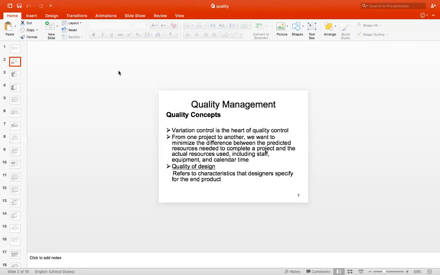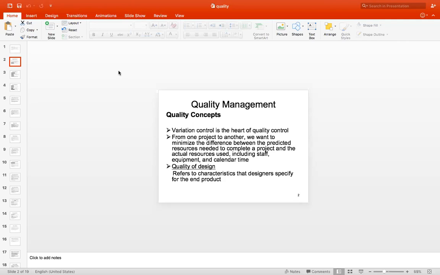So, what he's trying to tell you is from one project to another. Say, for example, we are doing one project, and for that particular project, the number of staff required is around 10 to 15 members. They did the project, they completed the project, they deployed the project. For doing all these things, obviously, they need to have some schedule and some budget. All these things are normal. What I'm trying to tell you is the number of staff, the resources needed, the calendar time needed, and the budget needed, everything varies from project to project.